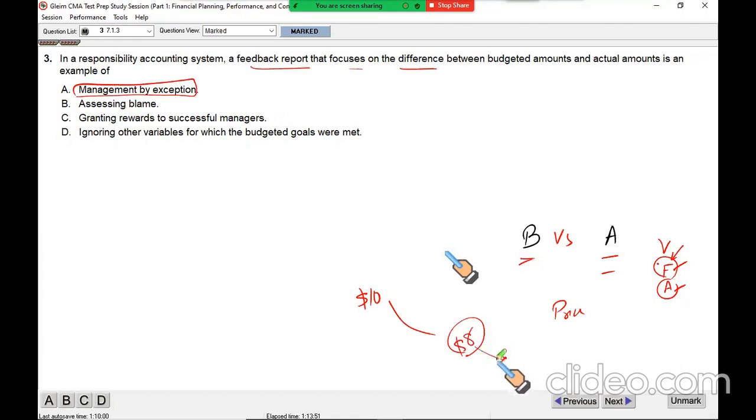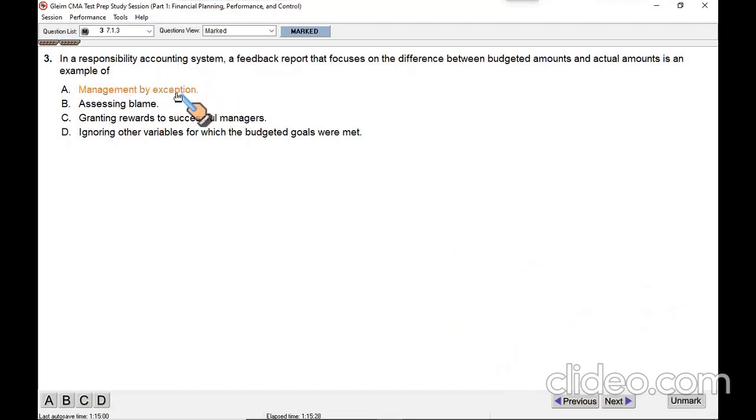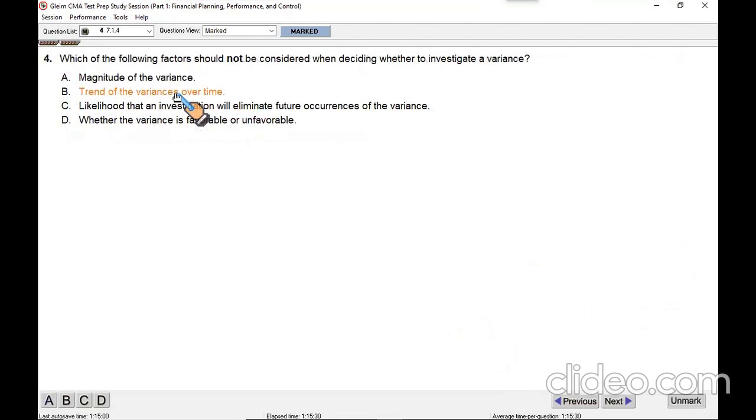So it might result in unhappy customers. It might result in order cancellation. So we don't want that to happen. So remember, whether a variance is favorable or adverse, it is an exception. It should not have happened. Even favorable variance should not come. Adverse variance should not come. If it comes, both of these must be investigated. This is called management by exceptions, and that makes A the correct option. Next.